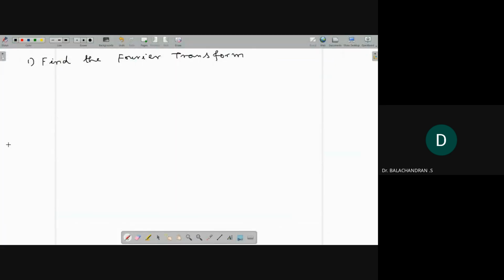f of x is equal to a minus mod x for mod x less than a, and is 0 for mod x greater than a, where a is greater than 0, and hence deduce that